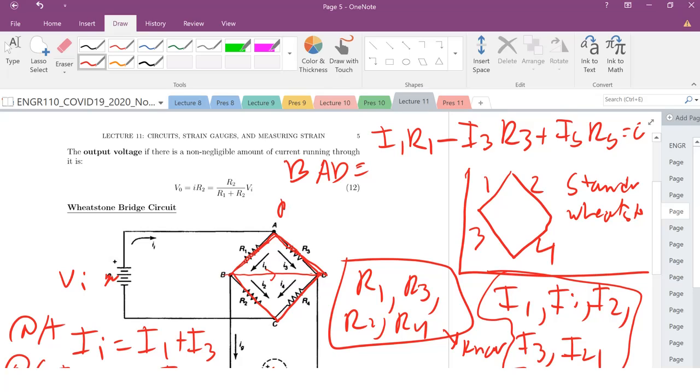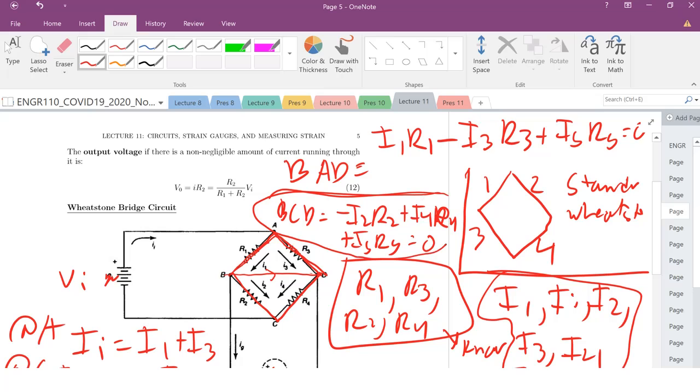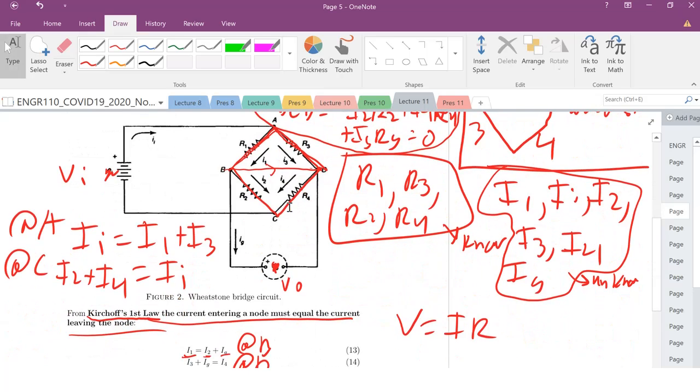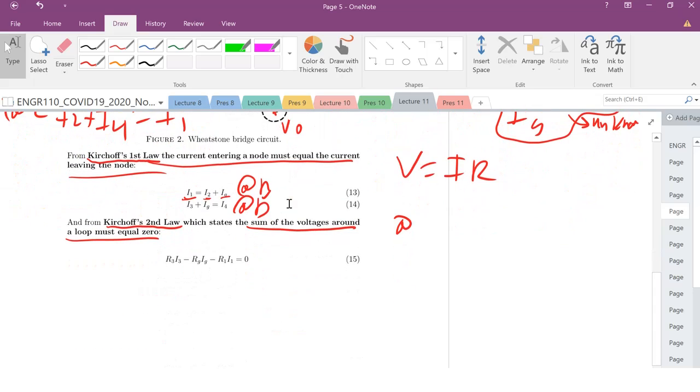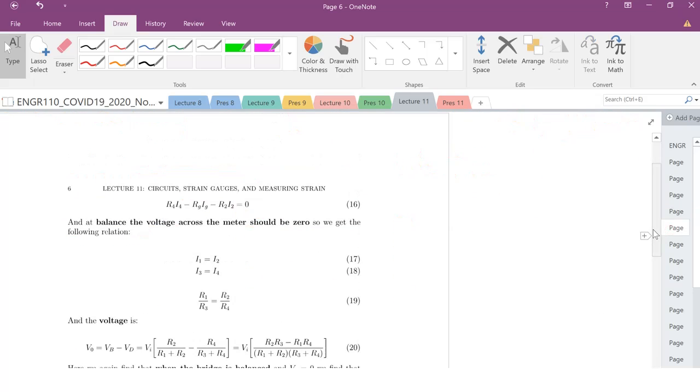So I'm going BCD. That is going to be equal to, again, I'm going with this, so minus I2 R2, plus I4 R4. And then where we're going against there, so plus IG RG. And that's it. And that's equal to 0. Sum of the voltages, again, Kirchhoff's second law, Kirchhoff's first law. Now we have 6 equations we can solve for our 6 unknowns here. And that's it. So once you can solve for that, we know that basically at balance,